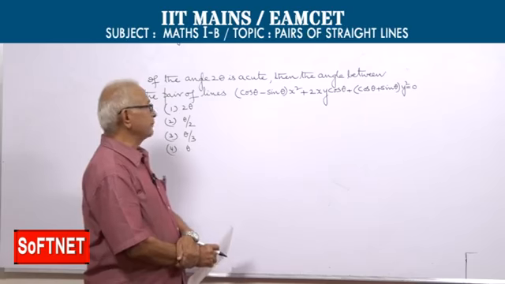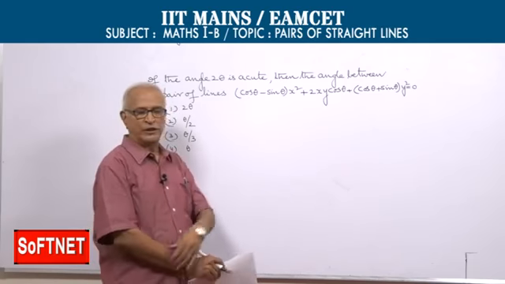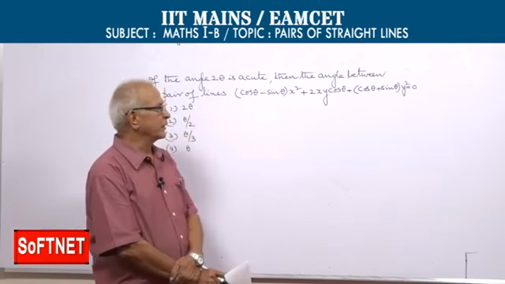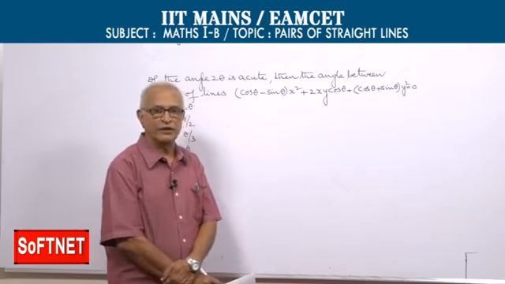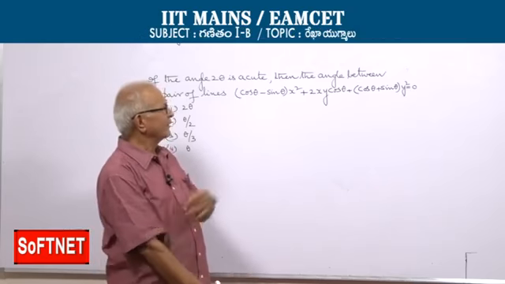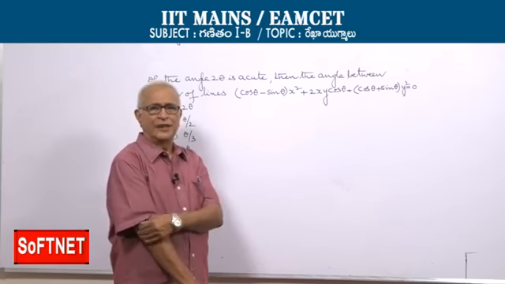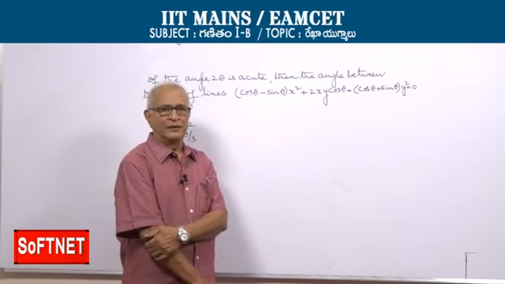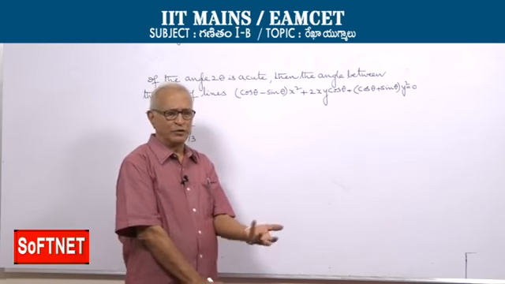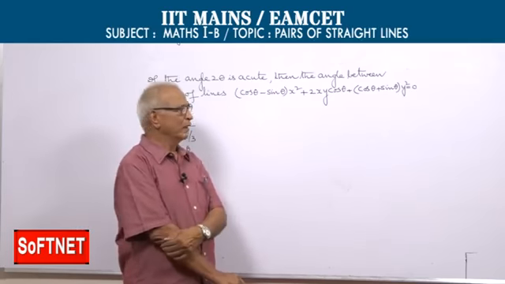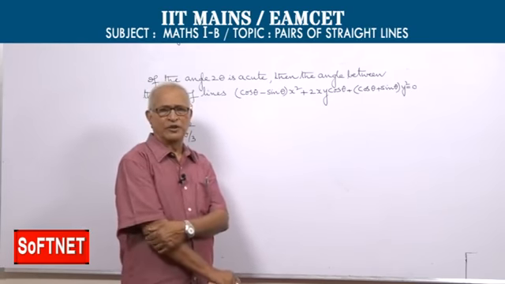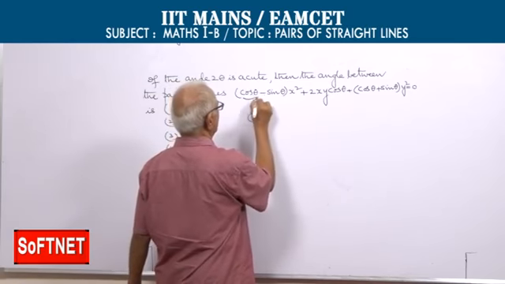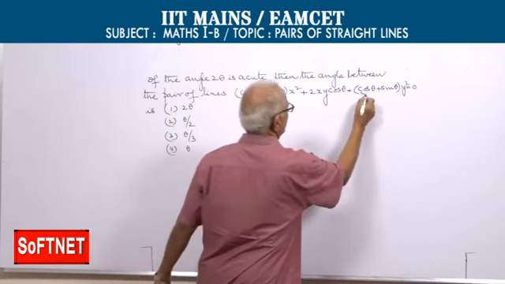What is the angle between the pair of lines represented by this homogeneous equation? (cos theta minus sin theta) into x square plus 2xy cos theta plus (sin theta) into y square equal to 0. Well, I think there is no other way except to appeal to the formula r cosine of mod a plus b by mod a plus b, if you want the acute angle, but 2 theta is acute already. Let's see what happens without the modulus sign, whether we can manage with r cosine of a plus b. This is a and this is b.